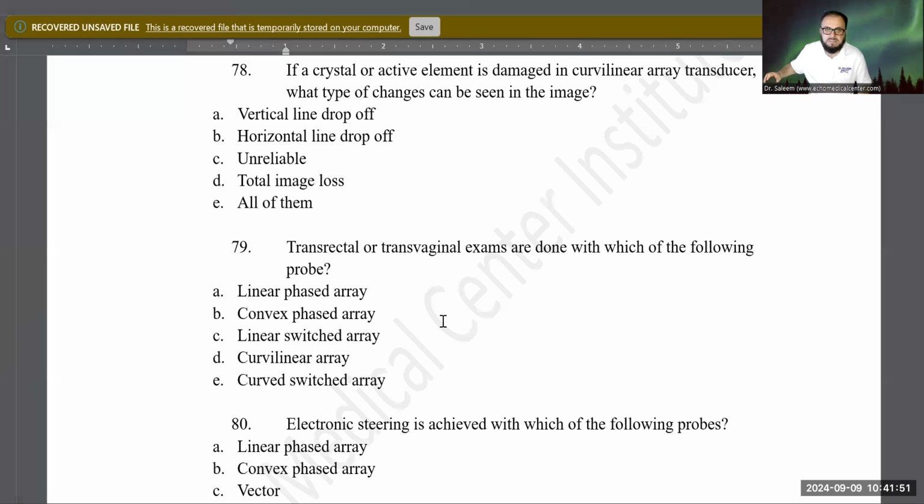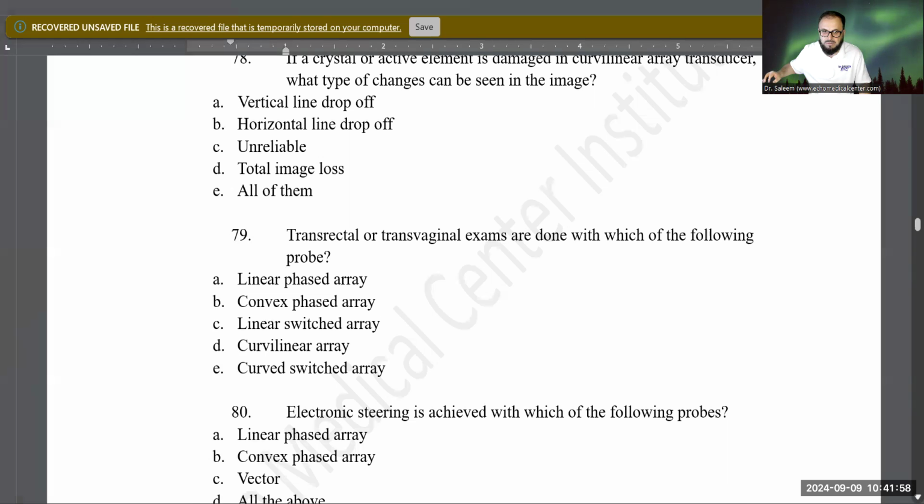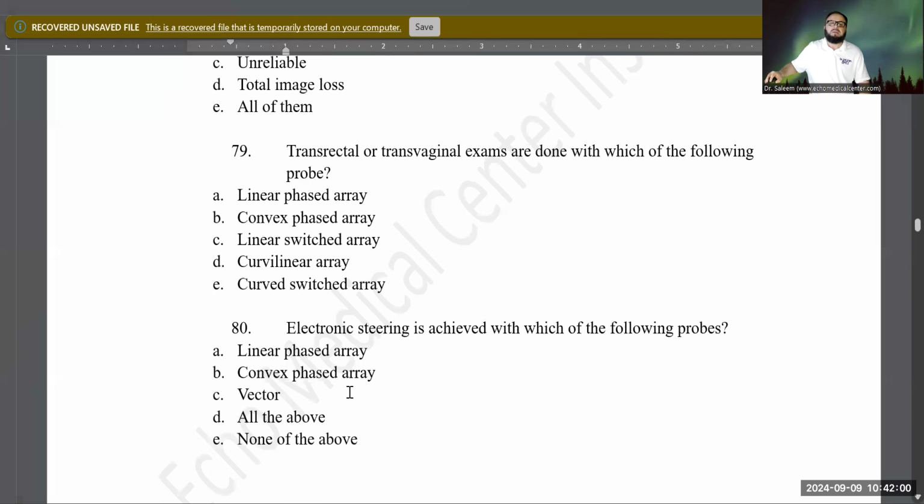Exactly, B is the correct answer. Convex phase array transducer, absolutely correct. That goes too close to the anatomy, absolutely. Okay, let's do the last question for this session, and it says electronic steering is achieved with which of the